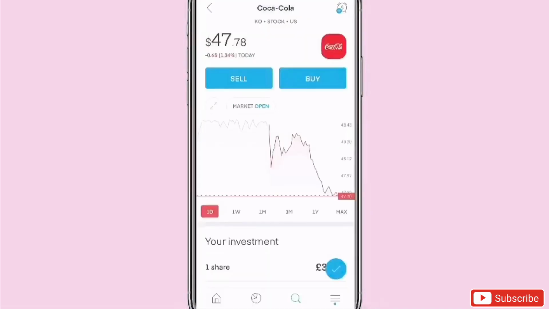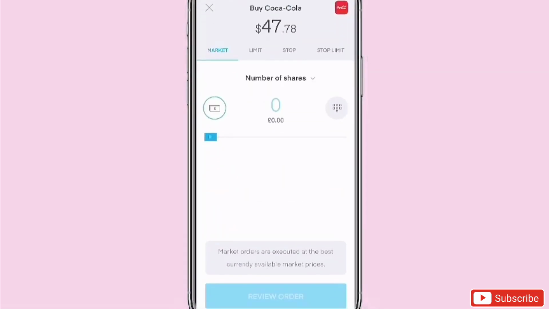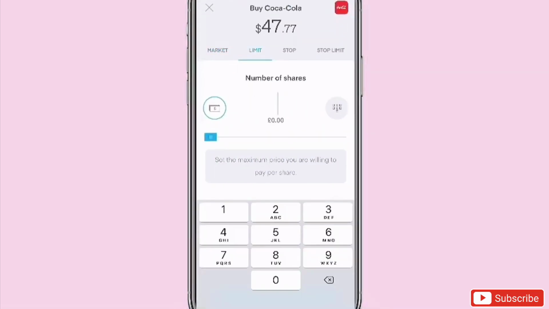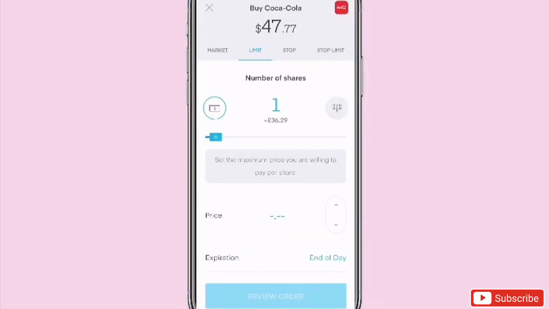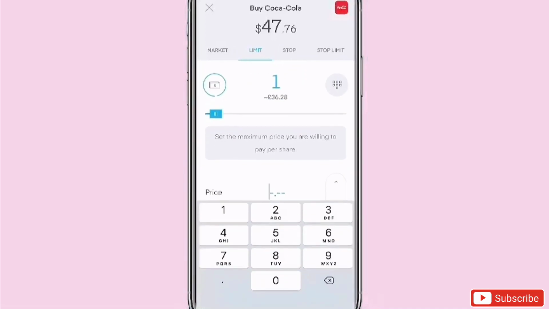Now another order type that you can place when buying a stock is a limit order. So let's just say you wanted to buy one share in this company again, and you want to place a limit order. With this, you're telling the brokerage the maximum price that you are willing to pay per share. So let's say that I want to buy this, but I only want to buy it if it hits $46. Okay, I don't want to pay 47, I want to pay 46. So I could put in here $46,